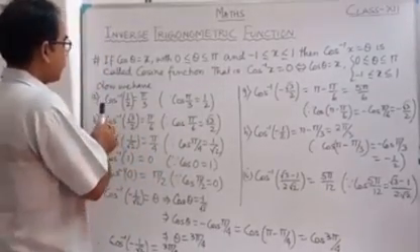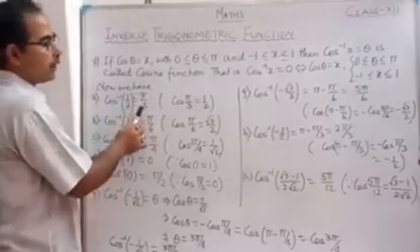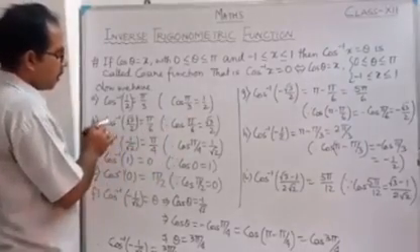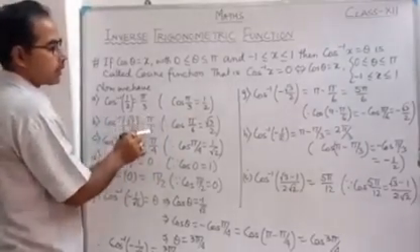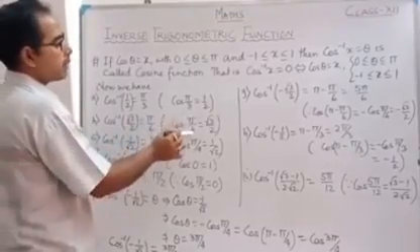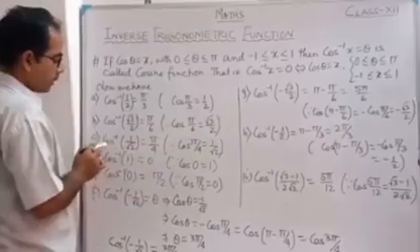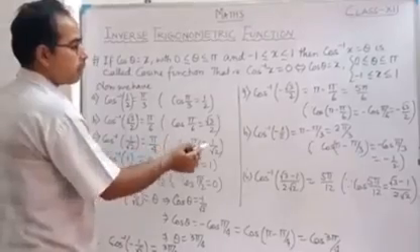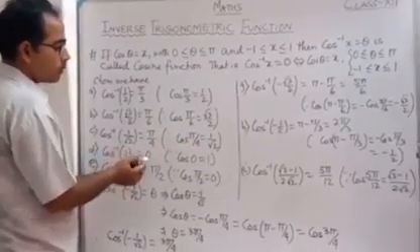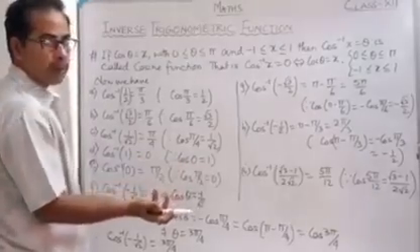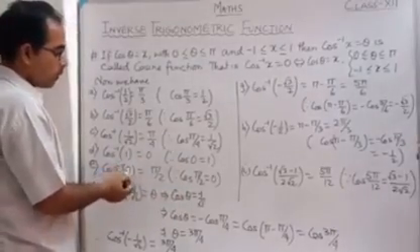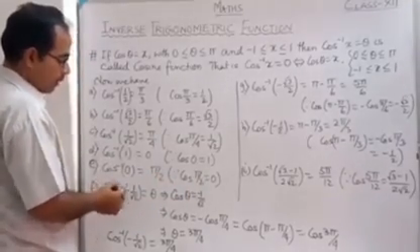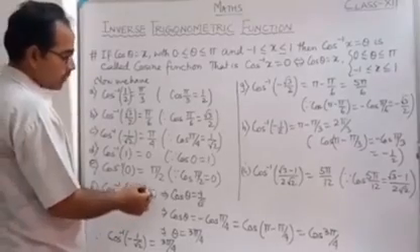Look at here. First one, cos inverse half is equal to pi by 3. Reason why? Because we know very well cos pi by 3 equal to half. Similar way, cos inverse root 3 by 2 equal to pi by 6. Same way, cos pi by 6 equal to root 3 by 2. That's why. Next, cos inverse 1 by root 2 equal to pi by 4, because cos pi by 4 equal to 1 by root 2. Cos inverse 1 equal to 0, because cos 0 equal to 1, we know very well. Similar way, cos inverse 0 equal to pi by 2, because cos pi by 2 equal to 0. Now look at here, cos inverse minus 1 by root 2. Let us take it as theta.